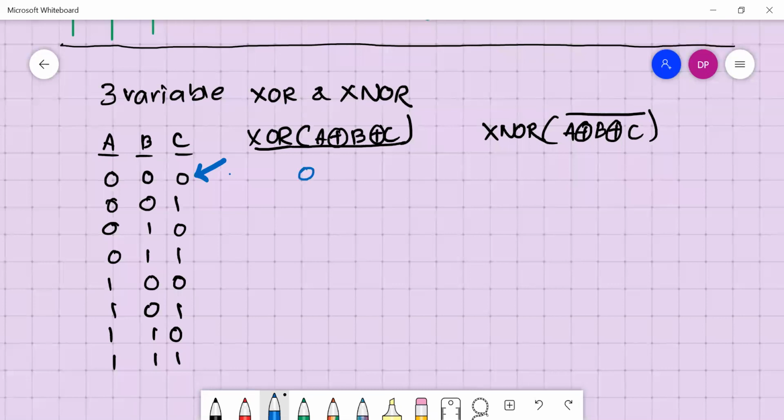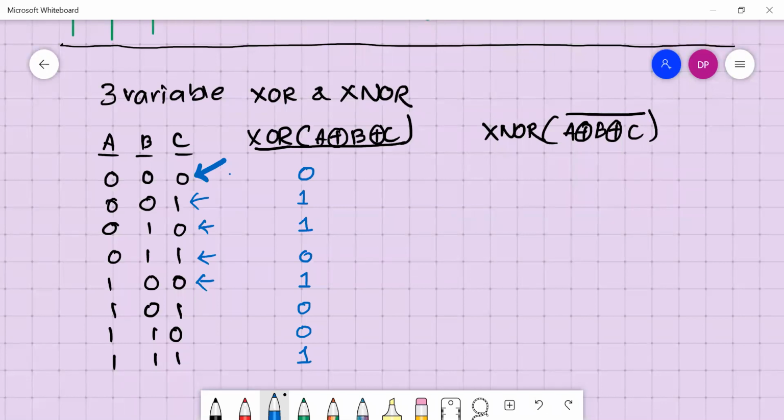Here you have only one number of one, that is odd number of one, so put a one. Here also odd number of one, put a one. Here you have even number of one, so put zero. Here you have odd number of one, put one. Next you have even number of ones, even number of ones, then odd number of ones.